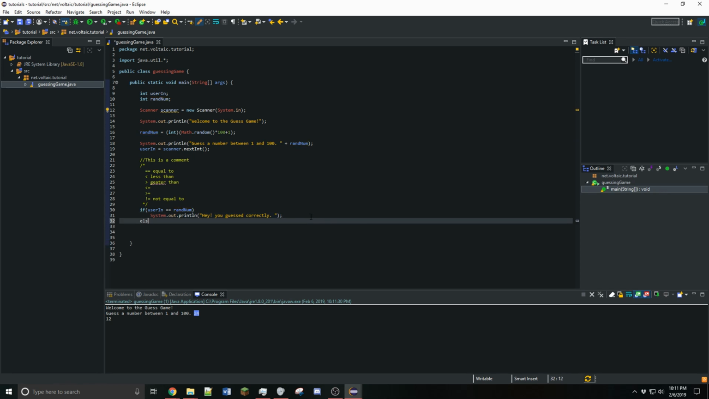Let's go down here and let's type else. And so if this if statement is true, it'll execute this. If it's not true, it'll execute all of this. And you can put brackets around if statements so that it doesn't execute multiple things. For instance,